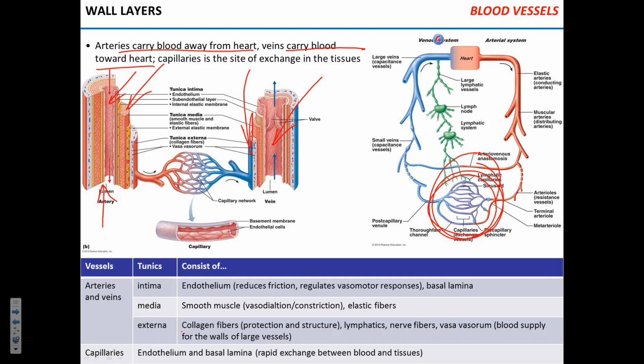Let me actually grab those. Okay, that's lovely. So these cells here,